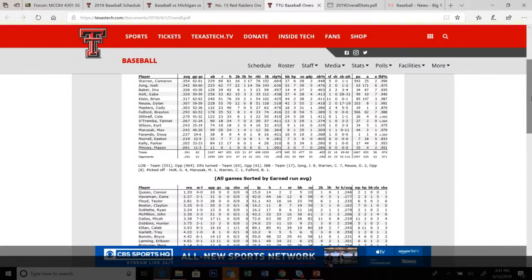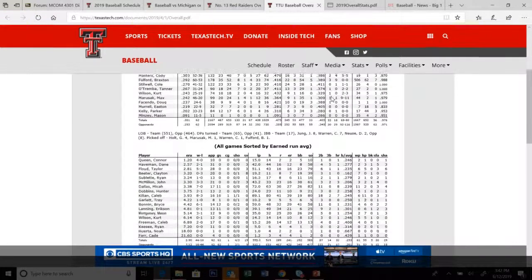So I'd look some things up about Cam. I would go to his bio page. I would find some things about him. Same for Josh. Both these guys were drafted in the draft, and probably the third person I might talk about too. I mentioned Kurt Wilson, but Gabe Holt. Gabe is a guy that's injured. He may or may not play. If you look across the stat line, he leads the team in stolen bases with 28. He's got an on-base percentage of .413. He's our leadoff hitter. He gets on base a lot. He makes things go. Also drafted as a sophomore.